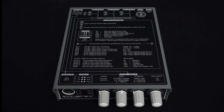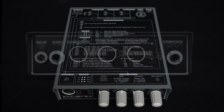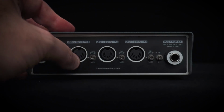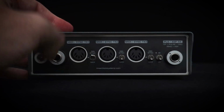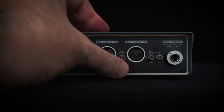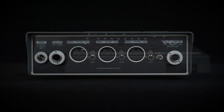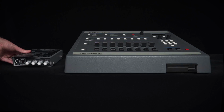Well, strangely enough, I stumbled upon this little nifty box from InnerClock Systems, which provides a special set of sync protocols that were common on drum machines, sequencers, and synthesizers back in the 70s and 80s. You could consider it a Swiss Army knife of sync options for your DAW. It's got Roland's DIN sync, MIDI sync, V-trigger, S-trigger, and PPQ clock sync, which is what I'll demonstrate here with